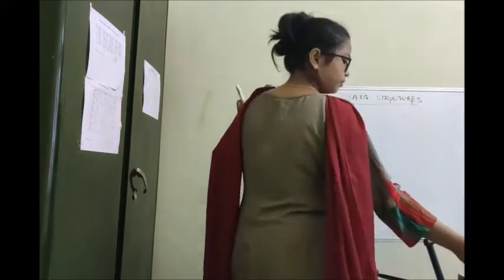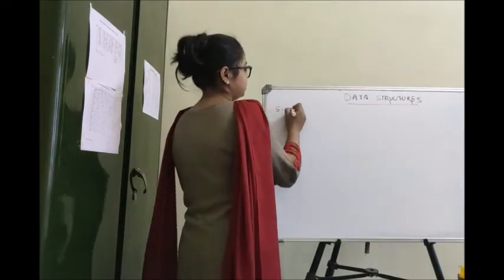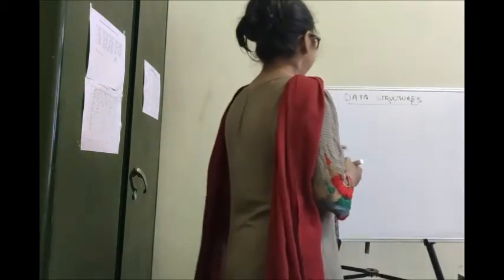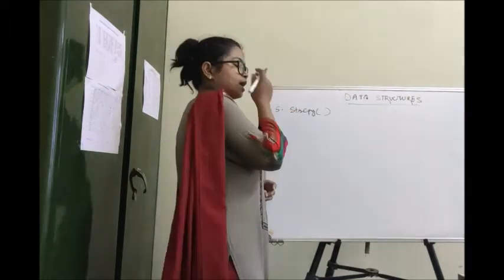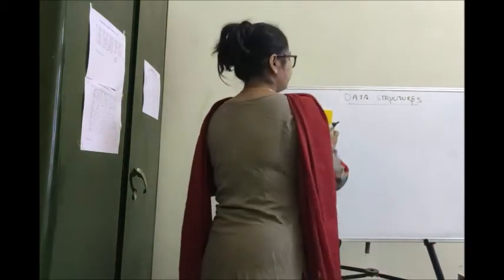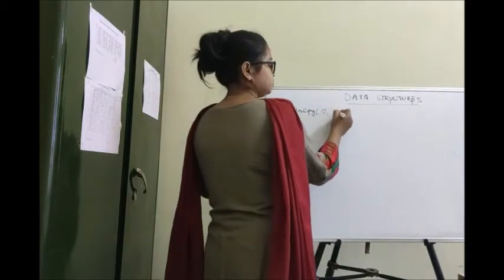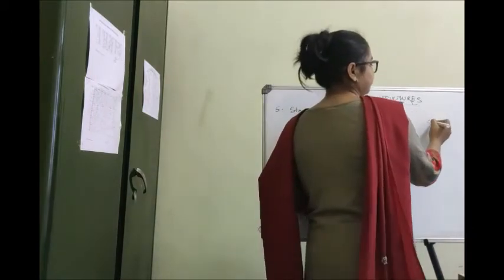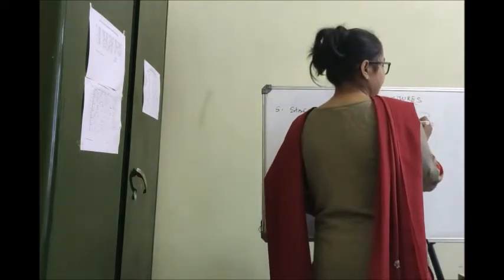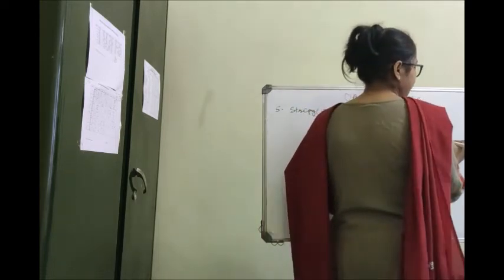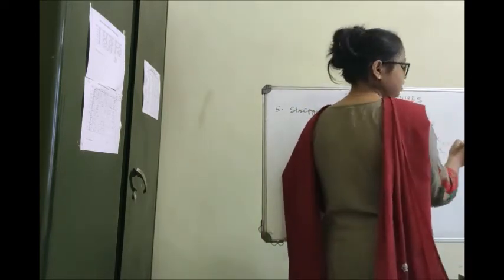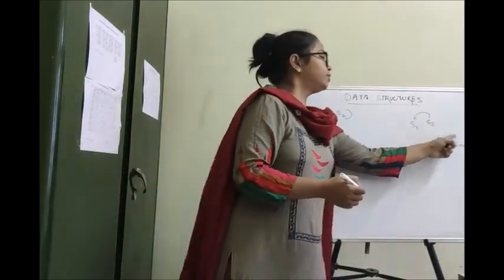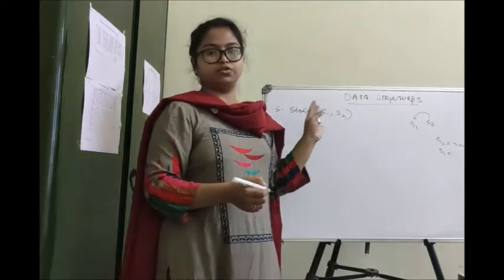Now lastly, we will see the operation string copy. The fifth one is string copy. In string copy, we have to copy one string to another. We will take two variables here as well, s1, s2. What happens in string copy is the contents of s2 are copied to s1. Suppose s2 is Ram and s1 is whatever or nothing, but after calling string copy, Ram will be copied to s1. That is what we need to understand in this.